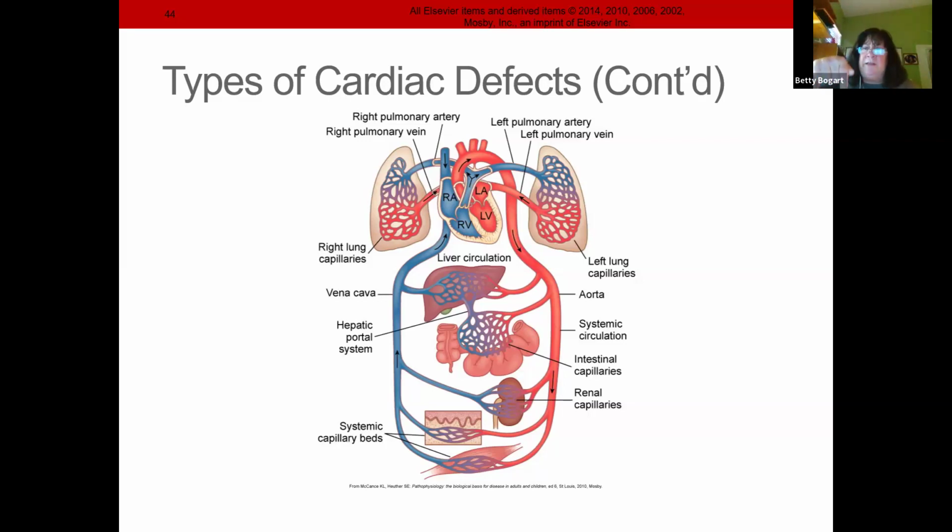The arch going down, usually right after those three vessels, gets kinked or narrowed and blood can't flow down. So that left ventricle is beating and trying to get it down, and only part of it gets to go down into the organs and down into the feet. What would I see as a nurse? How would I know that?